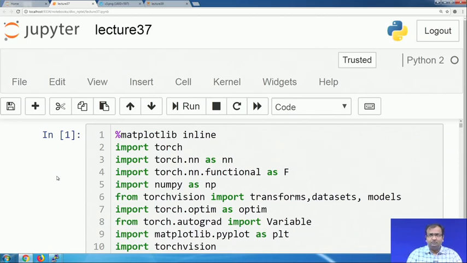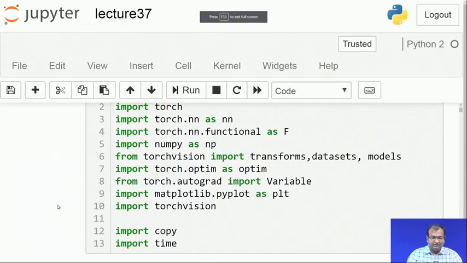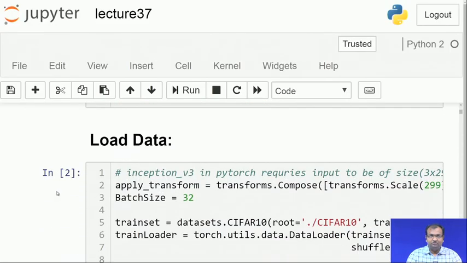The earlier ones were running within seconds or close to a minute, but this one takes roughly about 8 minutes per epoch. That's the only difference. In the initial part we have the header, which just looks into whether everything is present or not. Once our header part is over, next comes the data loader.